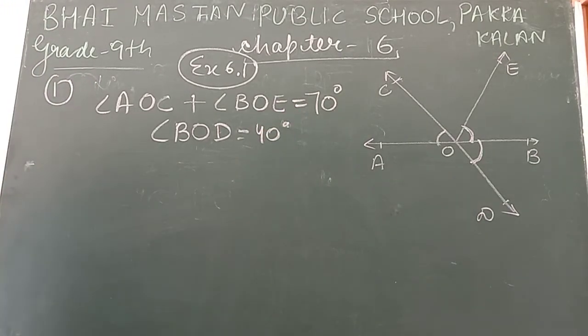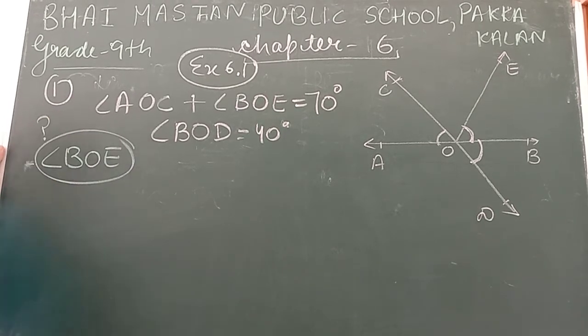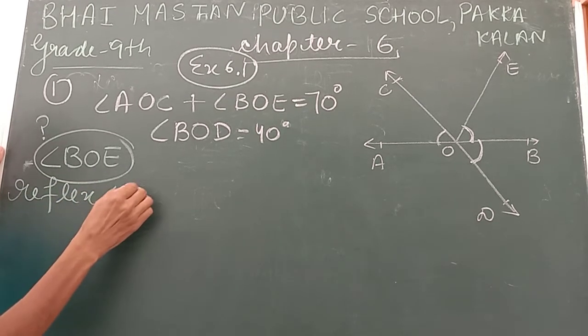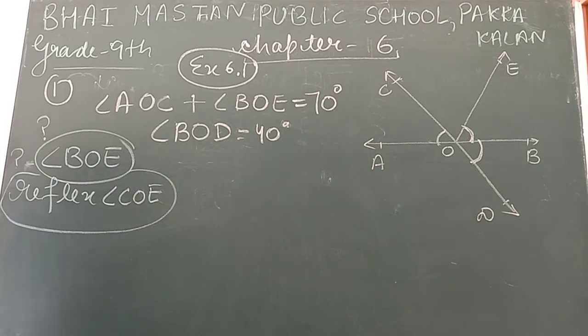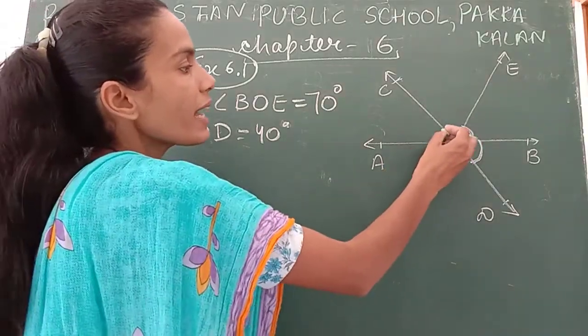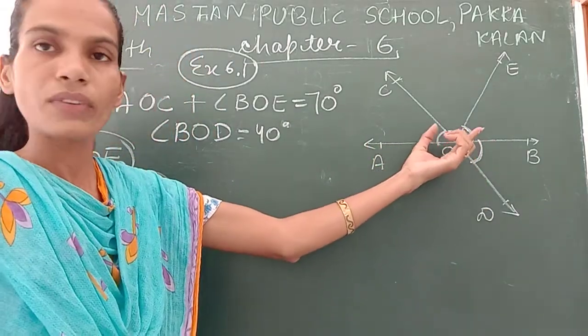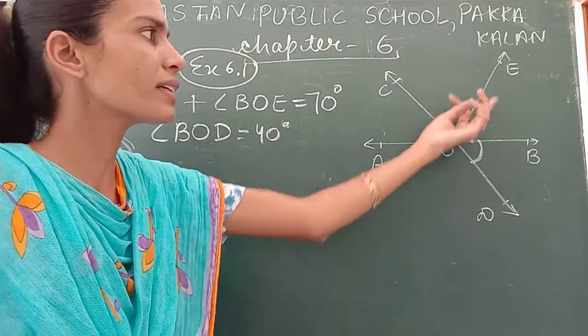And what is the question? You have to find angle BOE and the reflex of angle COE. These two things we find in this question. So firstly, see which thing is given. That is a big clue for us. Given that the sum of these angles is 180 because this makes a linear pair. Two angles are given, so we can already find COE.